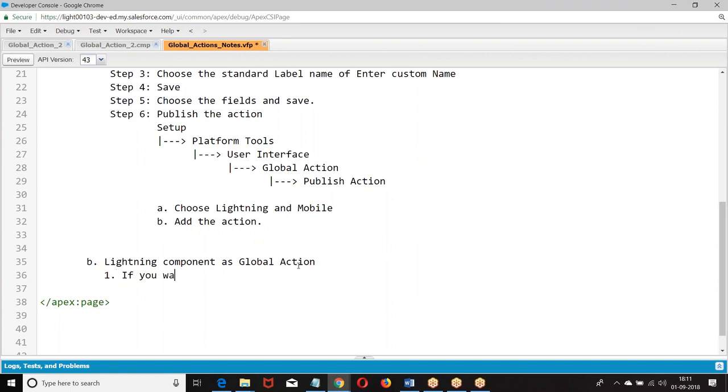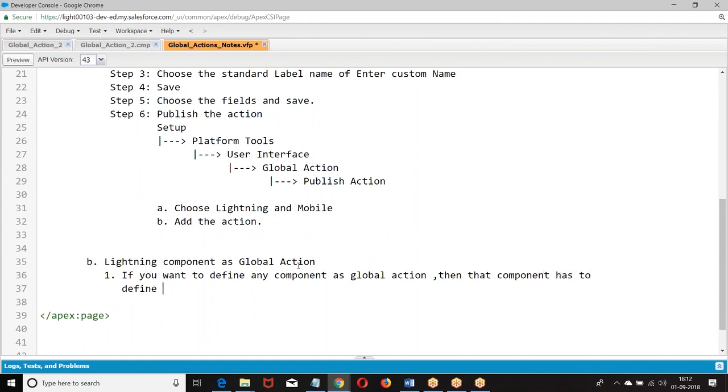If you want to define any component as a global action, then the component has to implement it.